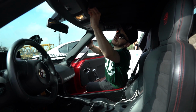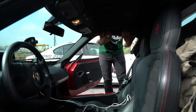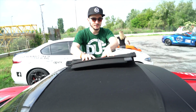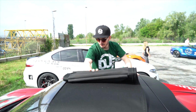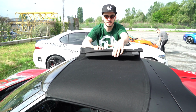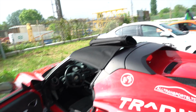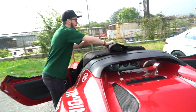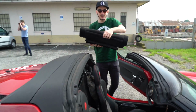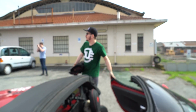Right. And then pull these things. Do I need to be? No, not at the moment. Then look, and then roll it. Look up here. You have to roll it. That's how it works. Oh, I haven't done these properly. No, I have done it. Okay. And then come on the other side. And then realise we don't have any boot space for it. So where's it gonna go? And then ask Pete to put it in his car. That's it, done. Yeah, baby. Mark, have you got any room for a...